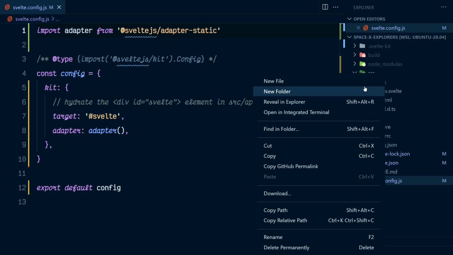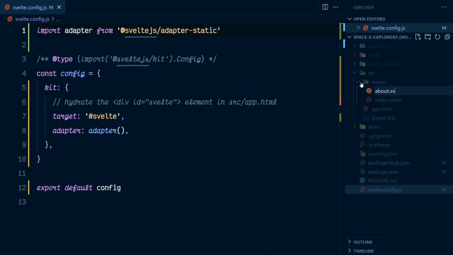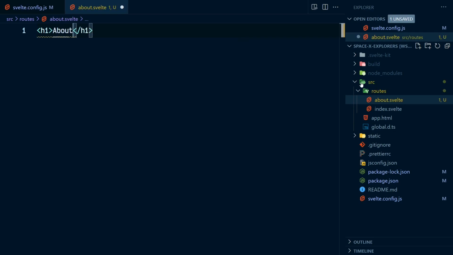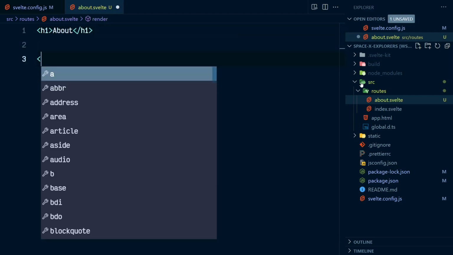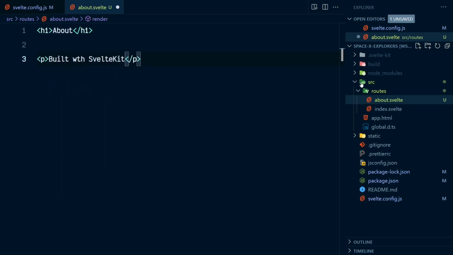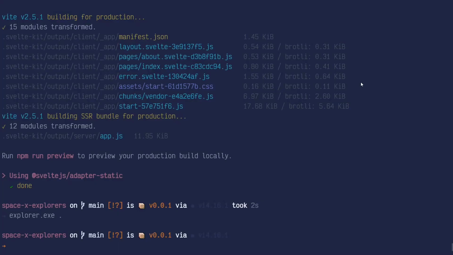Let's go in and create an about page now. And for this, I'm just going to have an h1, about, and a p tag. Save that. And if I hop on over to my terminal and do npm run dev to start the dev server,